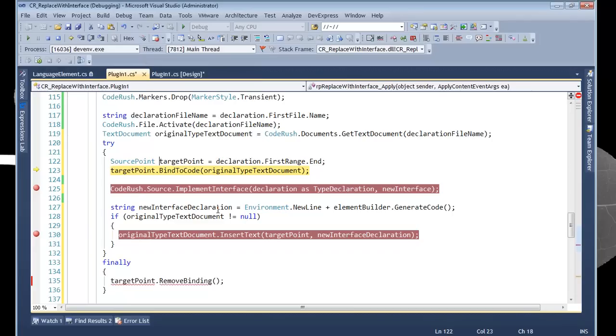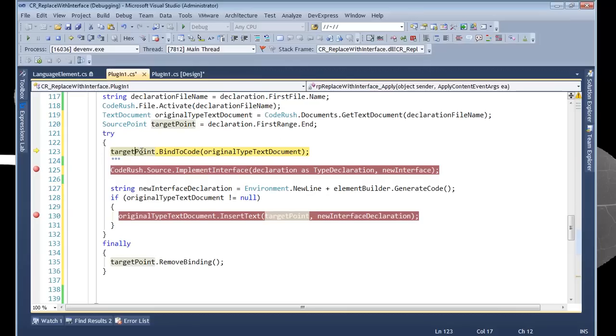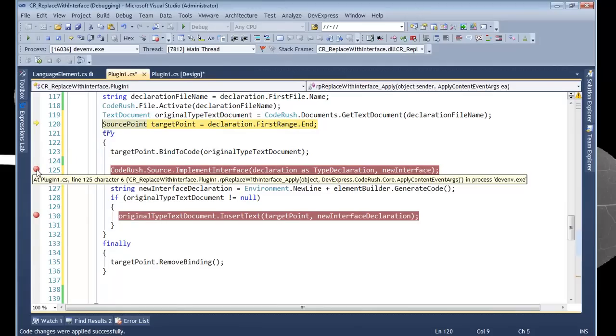So let's come in here. We actually need to widen that scope a bit, bring that up there. Okay. All right. So there we go. Now we have our target point. We have this piece right here. Let's move this back up here. Let's move the execution up to this line of code right here, and then we will run it. And now I'm hoping